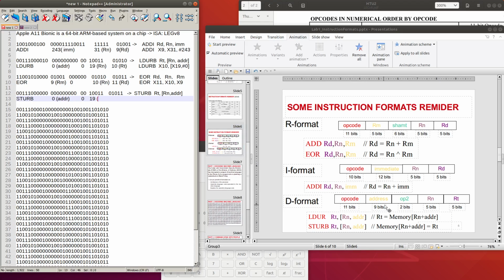You might make reference to this format. It is RN, and then the last, this value you can see it here, so register number 11, and it is RT, here.